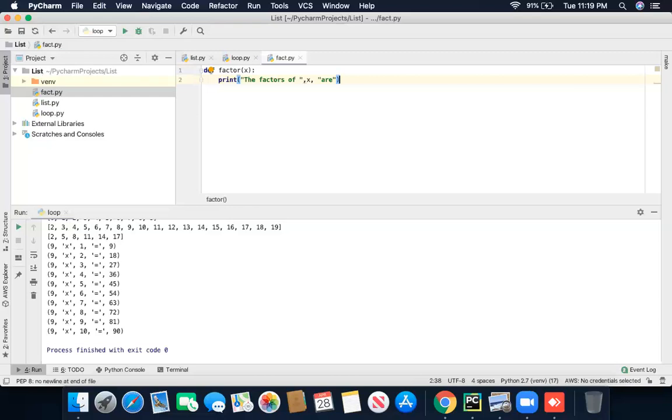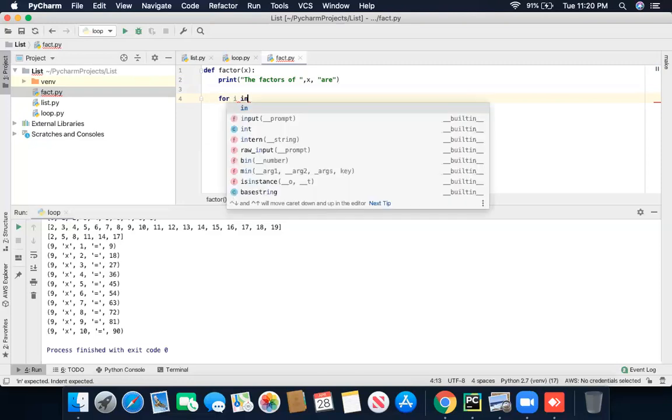Now I'm going to use the loop to display how many factors the number X has. So I'm going to use the for loop. It's for i in range.